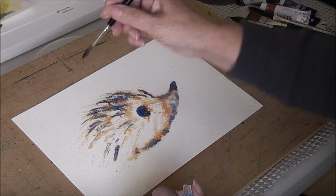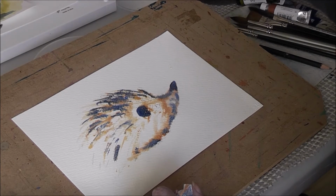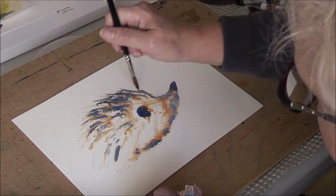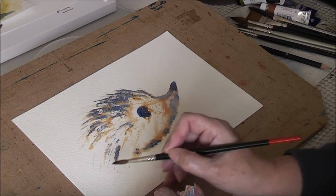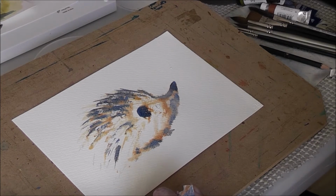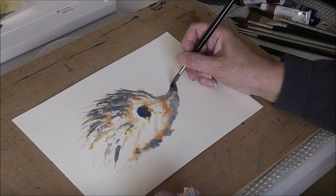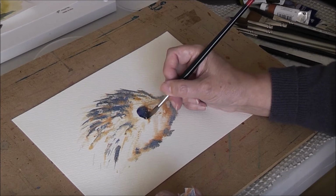And where it's mixing with the sienna, it's going to go like a grey colour. Just blending it in places. And into that I'm going to add some, let's bring out his little feet. I'm going to add some dioxazine violet just to darken it. I like to build up my darks, never use black. I'll just put this in to some places. That's actually quite blue looking, but